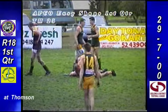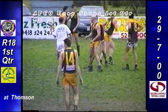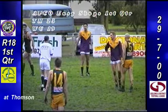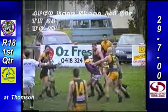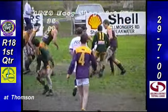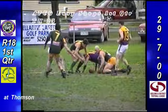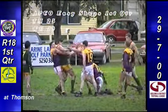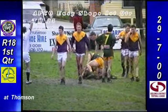There's, what is there? There is one player in their forward line, that's Matheson. The rest of them are up past the centre. Yes, there's a lot of players in the back line. These fellas must be watching the television, I think. So centre half forward for the Thomson side. Ball comes to ground. No player able to really get that up until, well, as I speak, the siren has